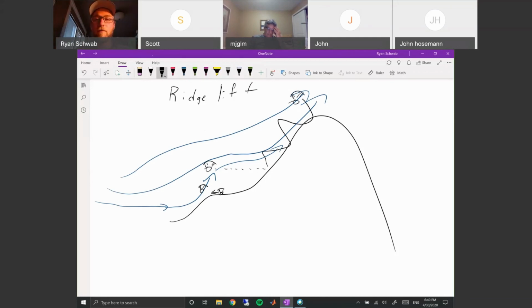But ridge lift, what I like about it is it's usually pretty laminar airflow. You're dealing with air that's coming from a long ways off with nothing in front of it and just hitting a range and going straight up. With that, there's a lot of right-of-way rules, right, that we have to follow if we're in ridge lift, because usually places that have good ridge lift have a fair amount of pilot traffic. But